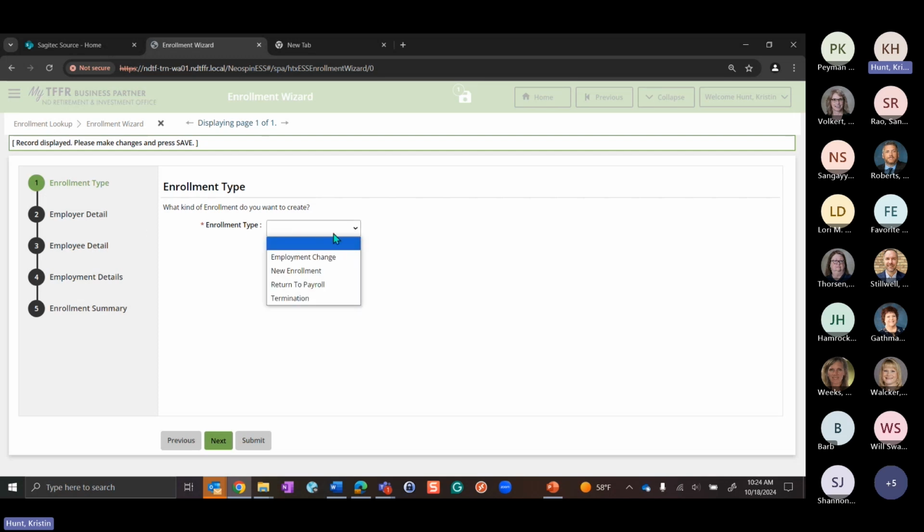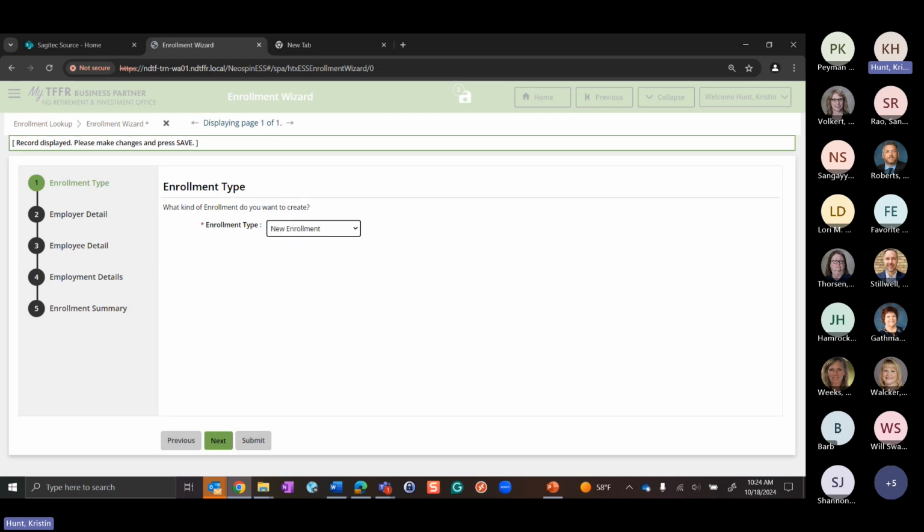As you can see here, we have the different types: employment change, new enrollment, return to payroll, and termination. So if you were doing a termination, it's going to ask you for some information about the employee so that it can pull that information that it has on file and you don't need to enter it out. But you'll enter other information, like when they are being terminated and so forth.